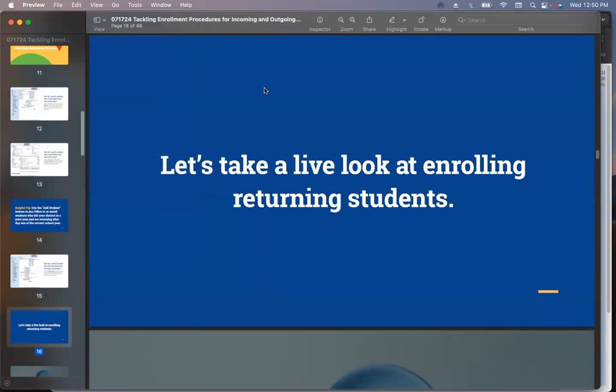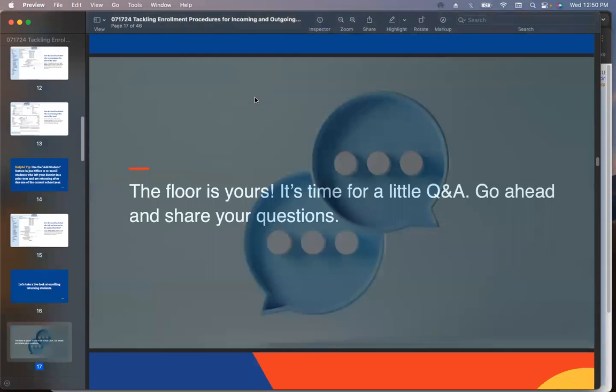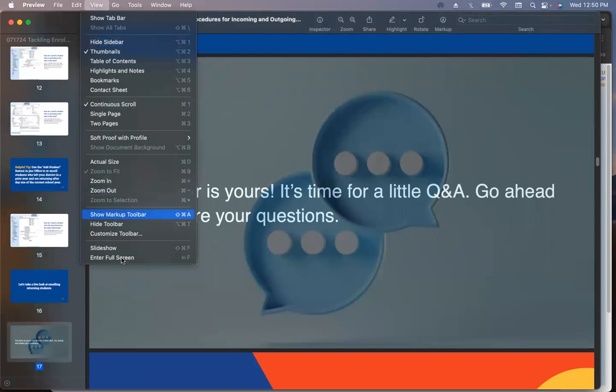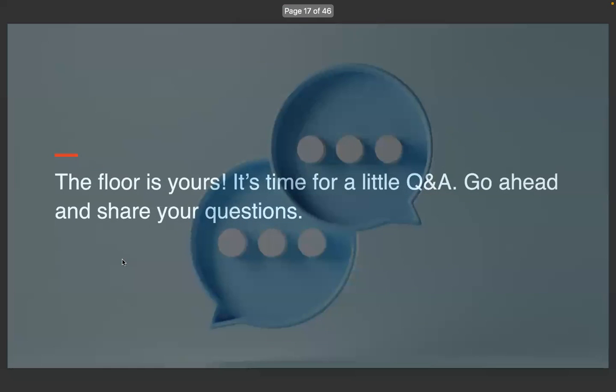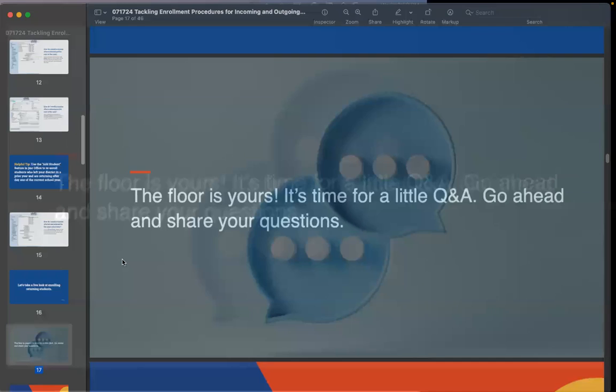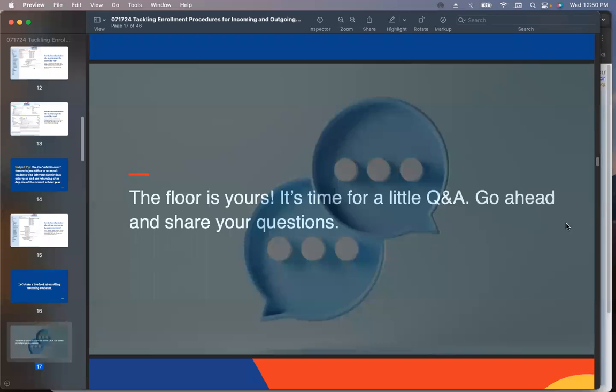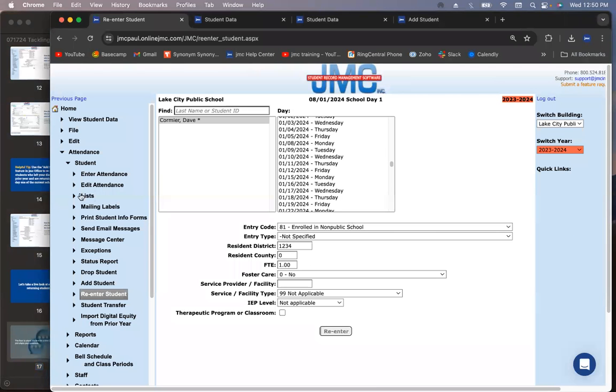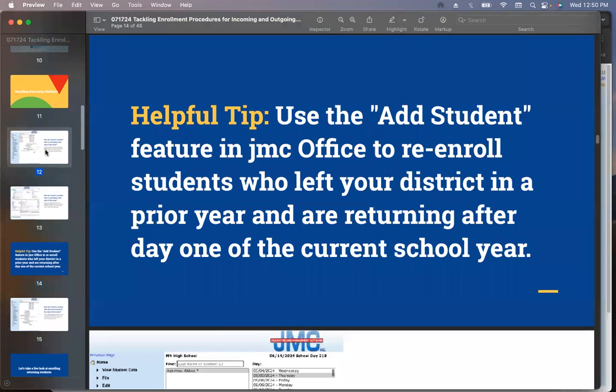If people have questions, they sure can type them in. But again, once you see how straightforward it is to follow these directions, I think it's pretty easy, right? We went through adding students in, re-enrolling students, and the next thing we're going to go through is dropping students as well. I do want to see if people have any questions, so I'm going to wait for a minute, and I just want to reiterate one other thing, that for students, I'm going to go back to slide